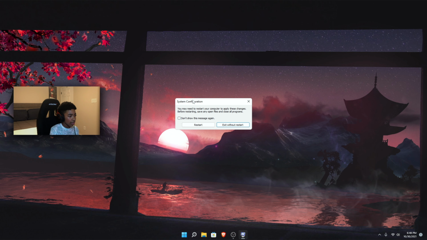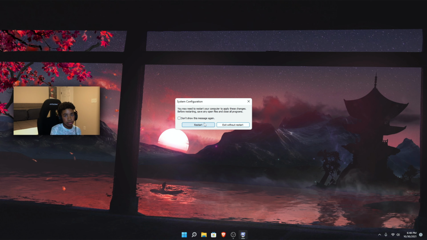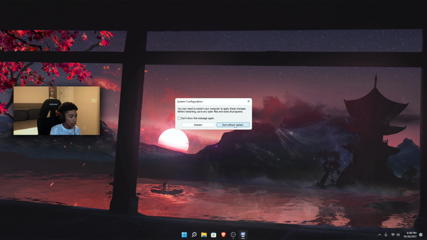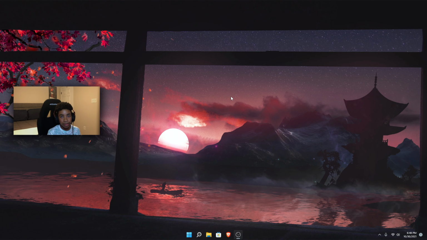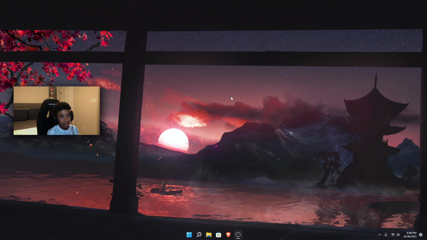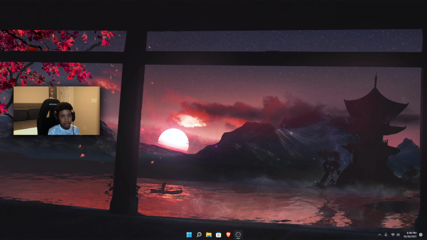and then you can press OK again, and it's going to show if you should exit without restart or if you should restart. And what you just want to do is click exit without restart, because after we do all the optimizations, we're going to restart our PC. And after you do that, you can just get back on your desktop, and we're going to move on to